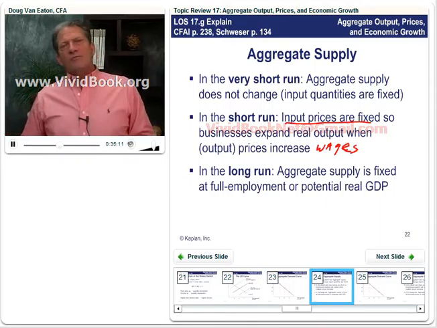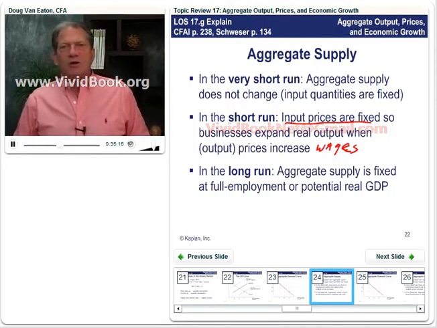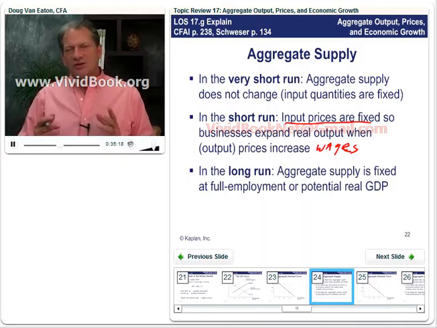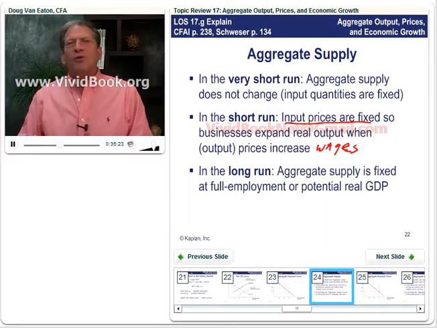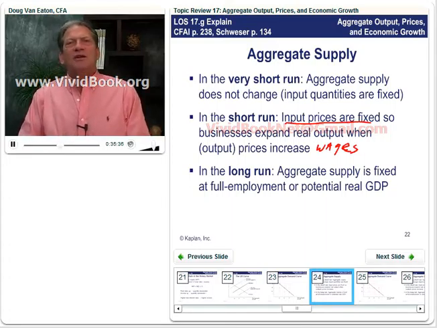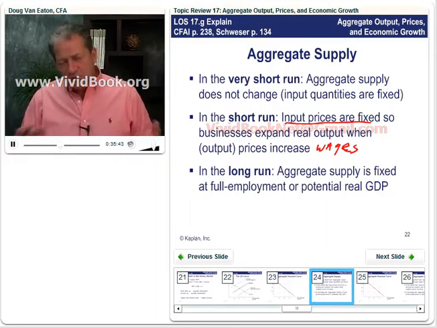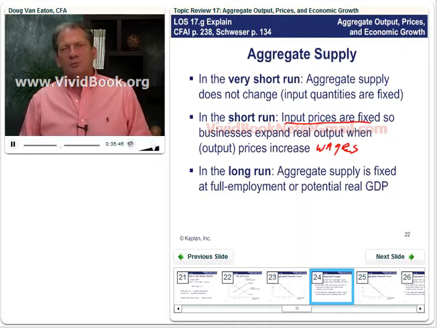In the long run, these input prices can vary, and that's what's going to get us back into equilibrium, right? Disequilibrium is a short-run phenomenon. If we get away from our long-run equilibrium, there's got to be some sort of mechanism to get us back. Well, that mechanism in this model is changes in input prices. We'll see when the economy is producing at a high level, an expansionary economy greater than full employment, this is going to put upward pressure on input prices.